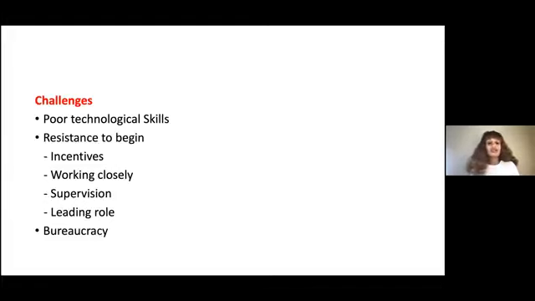And the other one is working closely with each other and also with the technology teams, which is very helpful to overcome this challenge. The other one is supervision. While working on such a project, having a supervisor who is an expert was mandatory. So Professor Helge was our advisor and he was closely monitoring us, and we brought questions to him. So we worked on it very closely.